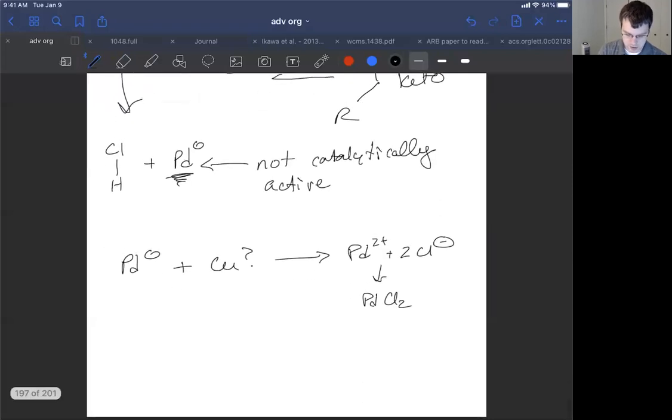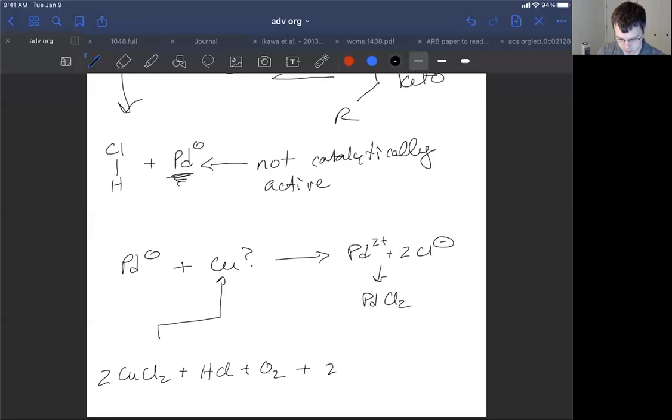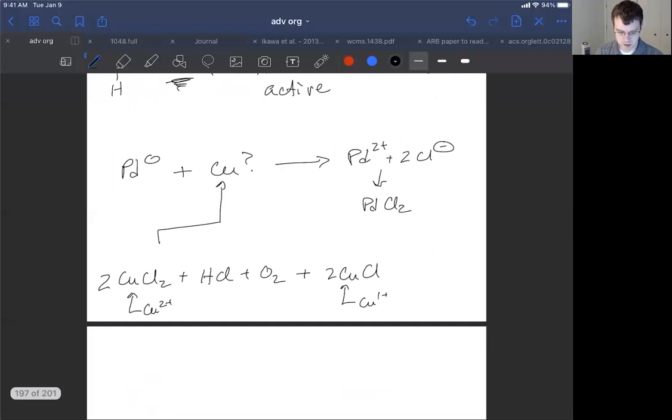plus 2Cl minus gives us palladium dichloride. Now this Cu, if you recall, we added copper chloride. So what we're going to do is take copper chloride plus HCl plus O2, and these things combined will make, if we have 2 of these, 2 copper chlorides, but we go from copper 2 plus to copper 1 plus. And this isn't a great oxidation state for the copper, and so this is going to react readily with something so that it can be